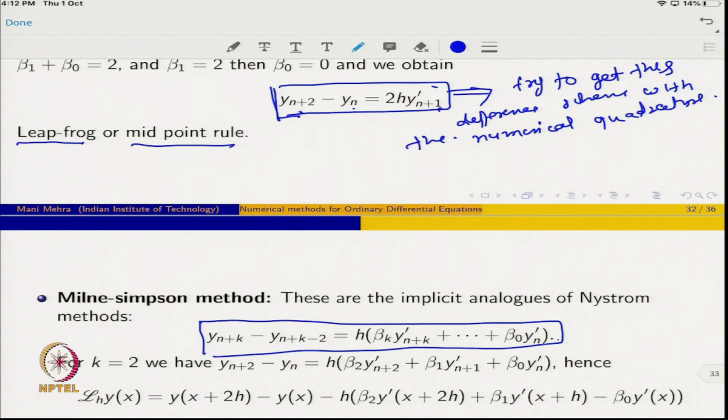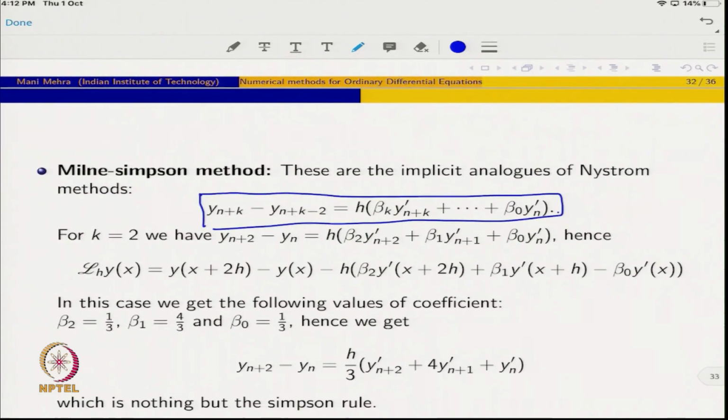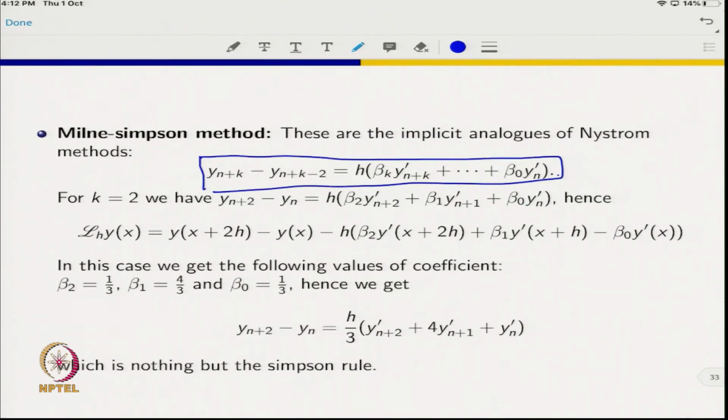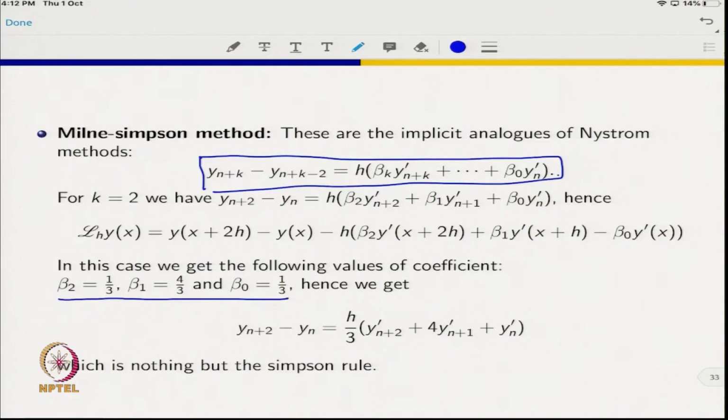So, in fact, I do not need to say anything about the zero stability, and then the coefficients will be chosen in such a way that the resulting difference scheme becomes consistent. So, finally, for k equal to 2 we get the following values of coefficients after collecting the terms. In all these examples you can take it as an exercise and try to find these coefficients, the same way as I did in a couple of examples in the last lecture. So, hence we get the following difference equations.